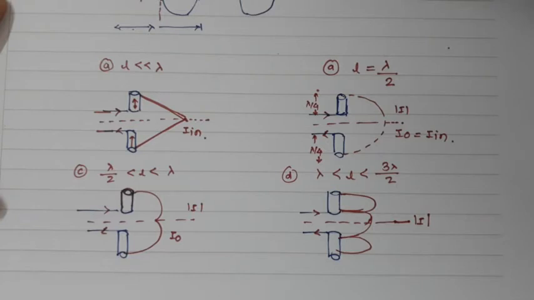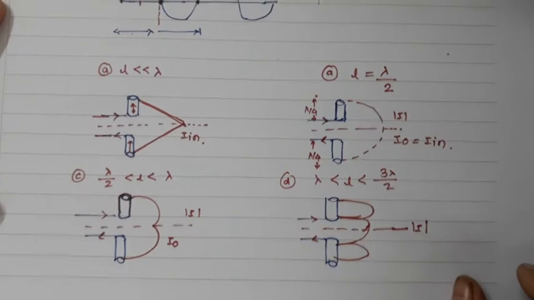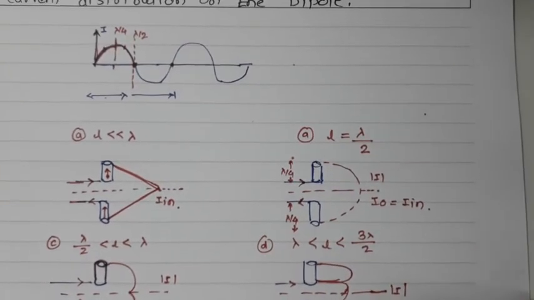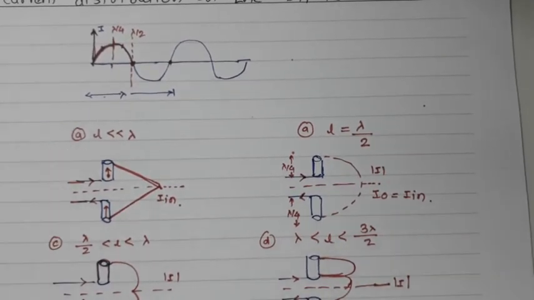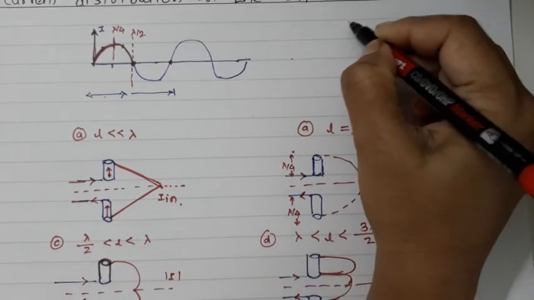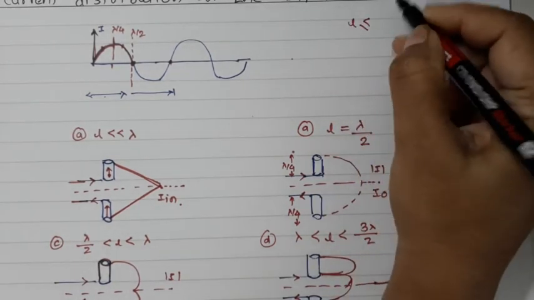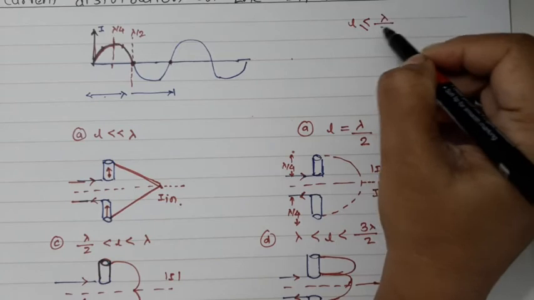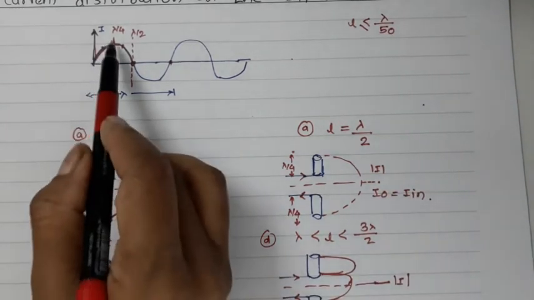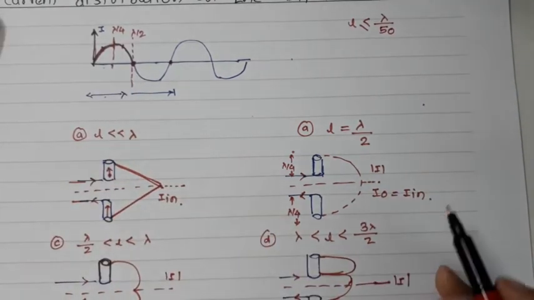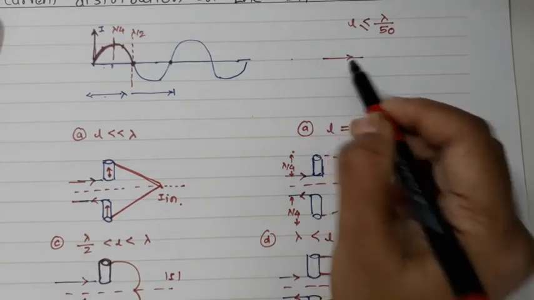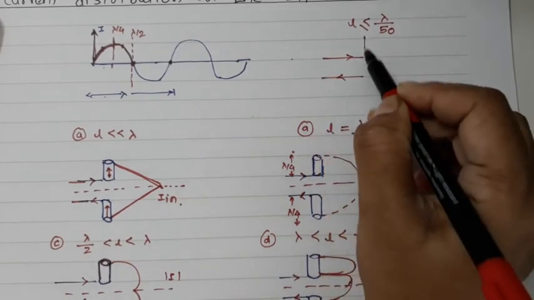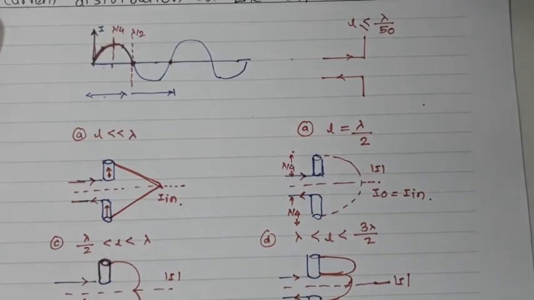Now here, if I am assuming that my antenna is an infinitesimal antenna, because the first antenna which we are going to discuss is the infinitesimal antenna, where we are assuming our length is smaller than lambda by 50. So you can understand lambda by 50 is a very small length. So here if I am assuming such kind of antenna, my length is very small, which is nothing but less than lambda by 2.